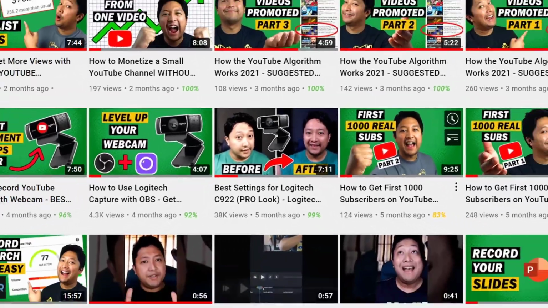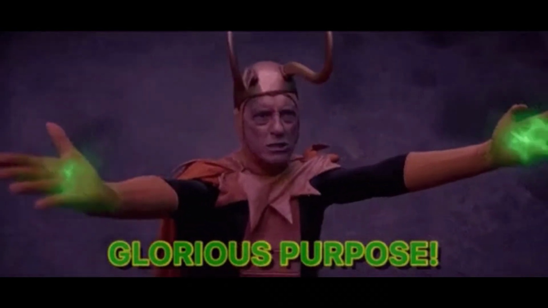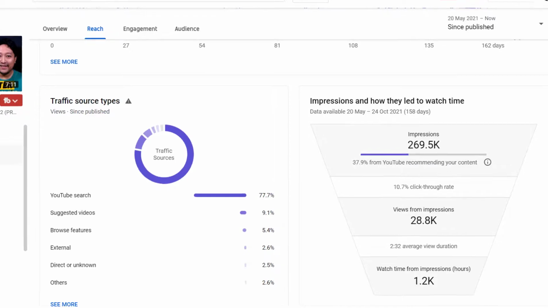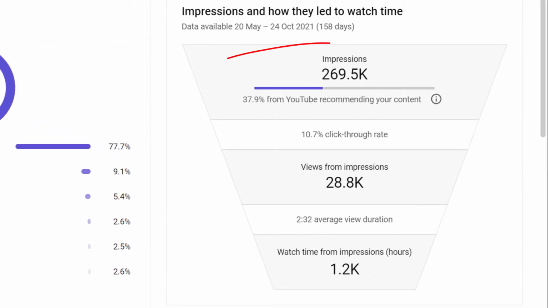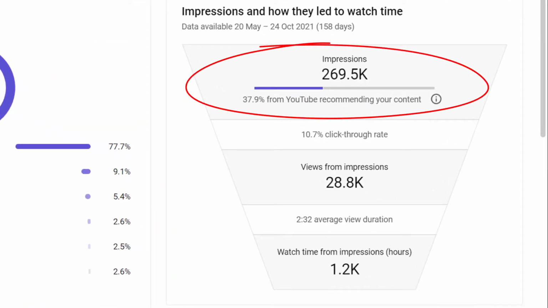YouTube thumbnails are burdened by glorious purpose, and it is to grab the attention of your ideal viewers. If there's a high percentage of people clicking on your videos, it would mean that these videos have a high click-through rate. And this is one of the main factors that will trigger the YouTube algorithm to recommend your videos